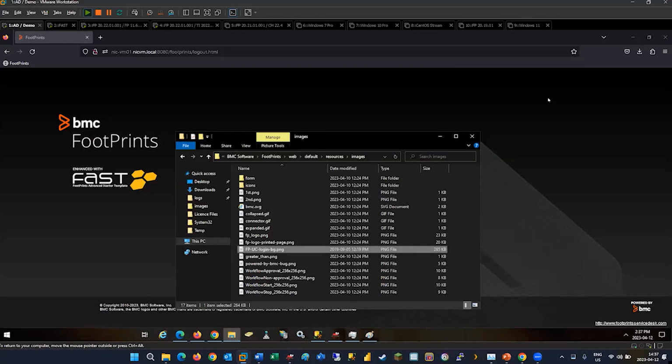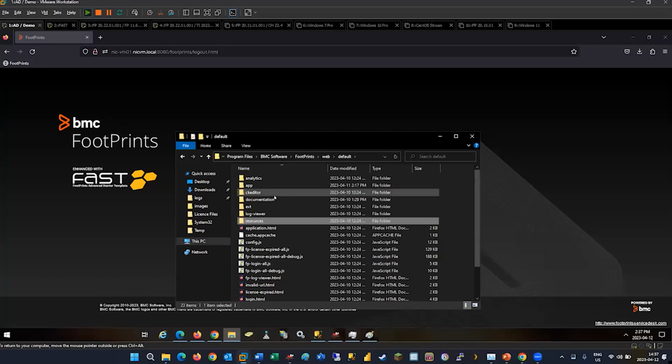The portal themes, the same thing as this logon background. Whenever you do an upgrade to FootPrints, it reverts any customizations. It basically reverts all the files to their default. So if you do these custom themes, the one thing you'll have to just be aware of is,